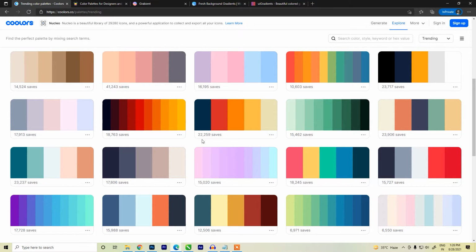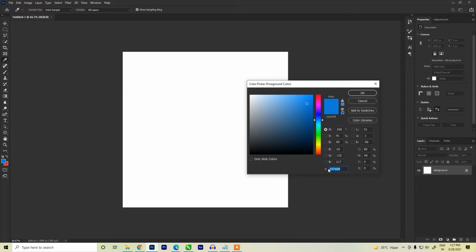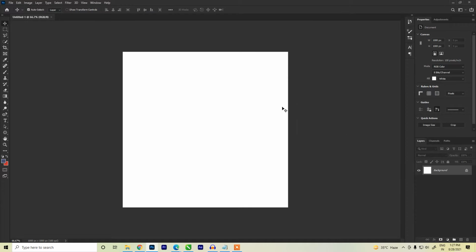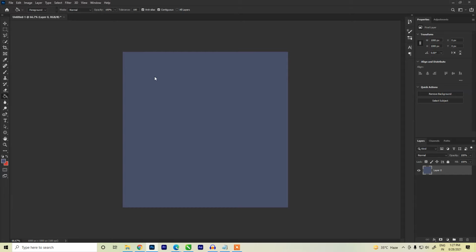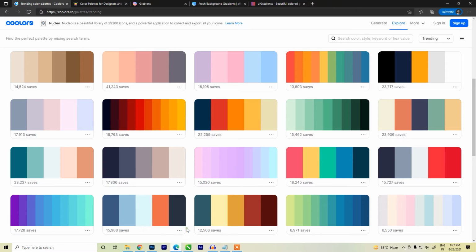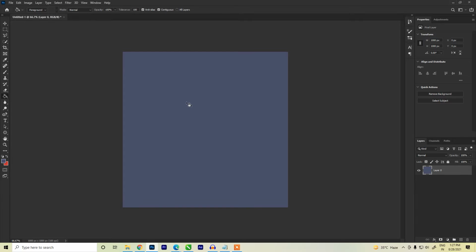For example, I am liking this color, so this is the code of this color, maybe a dull blue, we can say it a dull blue. I'll just click on this color code. The code is copied. What I would do now, I would go to the Photoshop and set my foreground color as the same color we copied from the coolors.co. I'll press Ctrl V. So the color has come here. I'll click OK and take the paint bucket tool and drop that color here. So the color which was on the website has now come into my Photoshop.